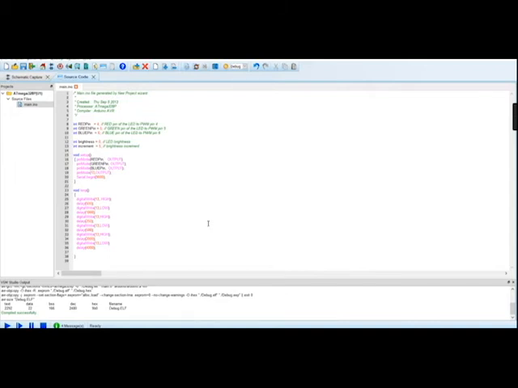First of all, I wrote this code in which in line number 19 I chose the output pin to be the 13th pin, and in the void loop I wrote this command. In the first wave the high will be of 500 milliseconds and the low will be of 1000 milliseconds. In the second the high will be of 250 milliseconds and the low will be of 500 milliseconds.